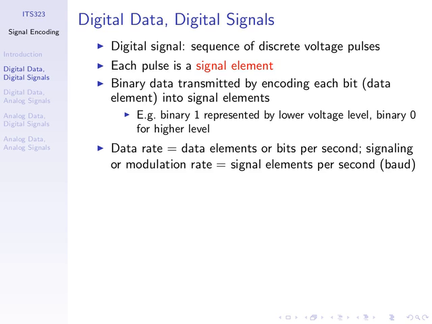The binary data is encoded, each bit or data element is encoded into signal elements. In the very basic case we've seen before, we encode binary 1 into a low voltage, binary 0 into a high voltage. And we've also seen before that we can have a signalling rate and a data rate. Here's a quick repetition of that case. Have our data, 6 bits of data to send. If we use this scheme to encode, then our signal